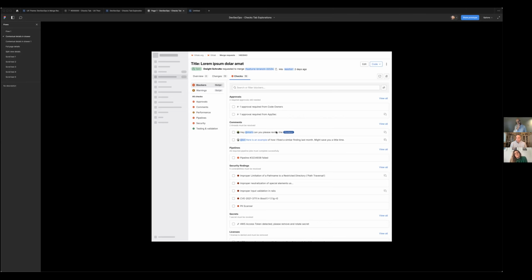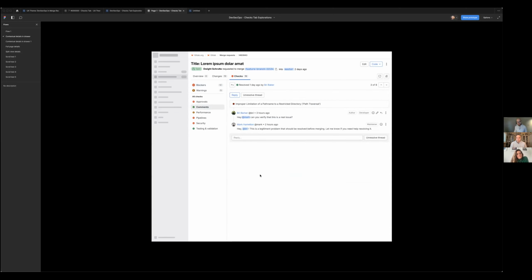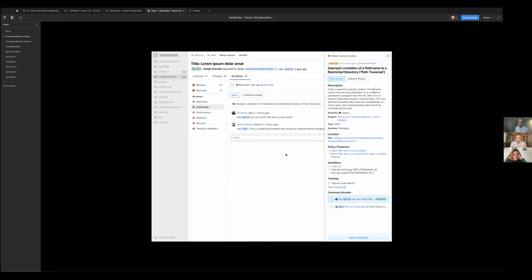But then something that I've kind of contemplated for a while, and maybe this isn't even a big deal, is if you were to have a thread, say it's on a security finding, if you want to click on that thread, is it more helpful to go to the security finding and see it in context, or is it better to go to a view like this where you see the thread and you see the reference to the security finding? And maybe this is fine, but I think there's value in seeing, if you're discussing something about the finding, I guess you have this drawer that could work,